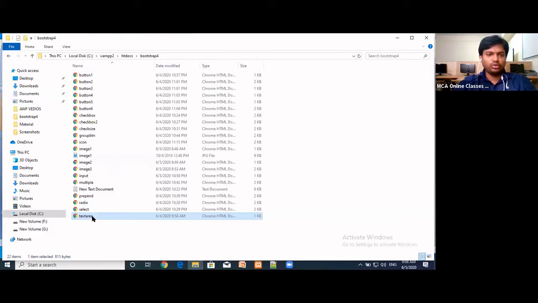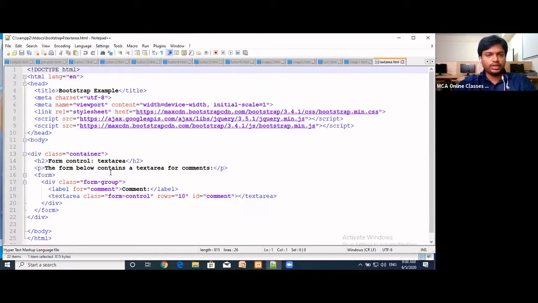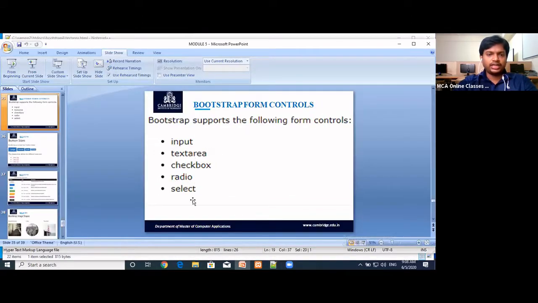If we want to provide the text area or an input area, we can use the same tags as we discussed in PHP and HTML pages. Here we are providing the text area. As I said, there are 5 types of form controls: input, text area, checkbox, radio button, and select.